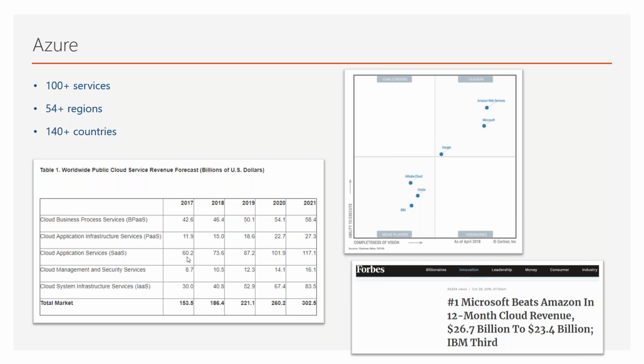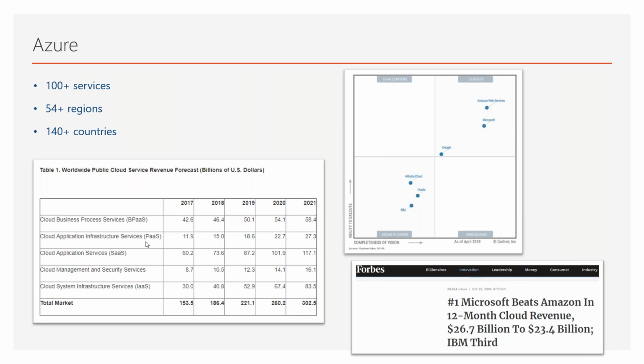So in 2017, the revenue was close to $60 billion. Now, if you see on the right hand side, in 2021, it'll be approximately $117 billion, approximately a two-time jump, or twice the jump in just 4 years.